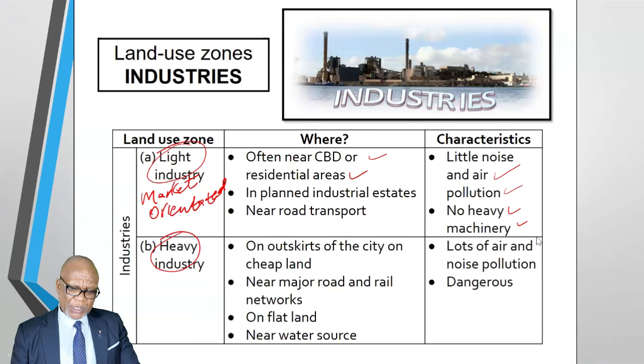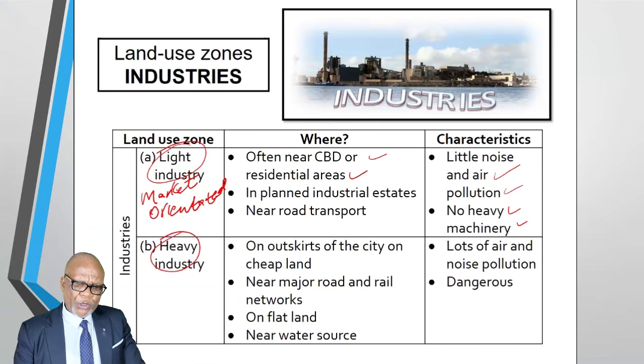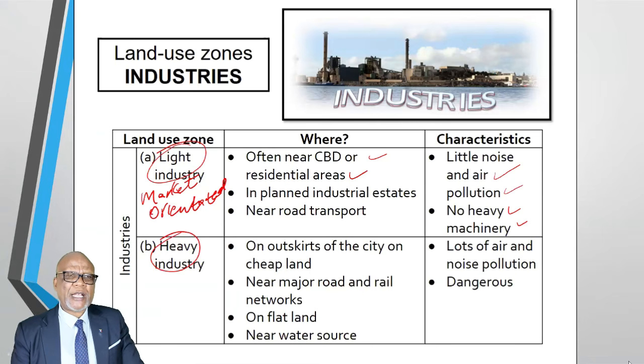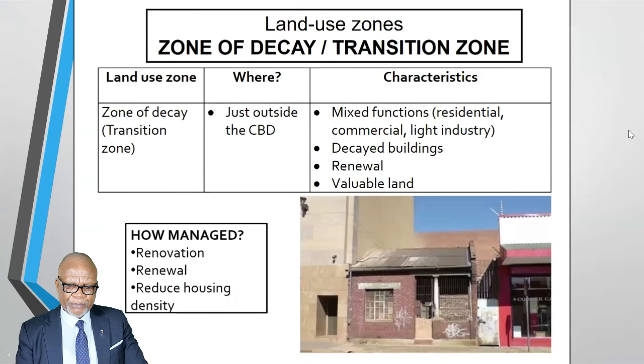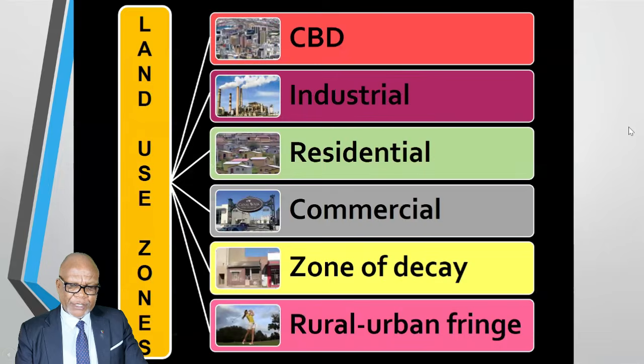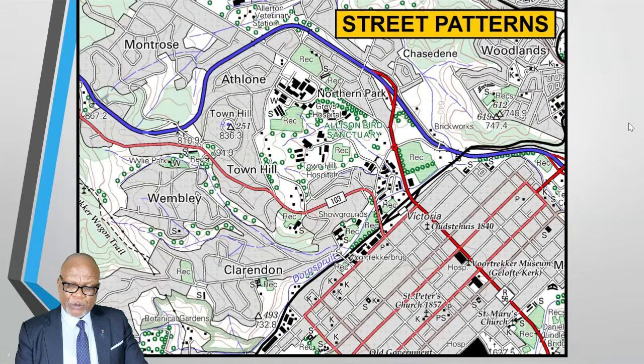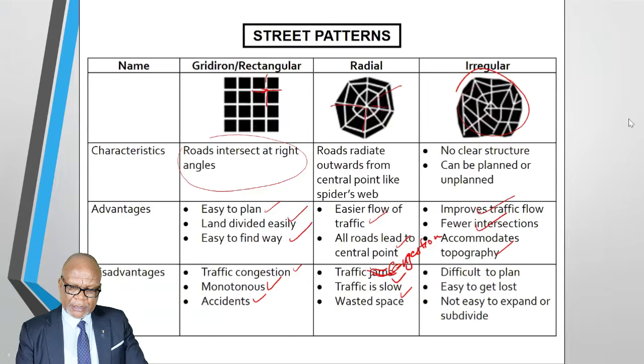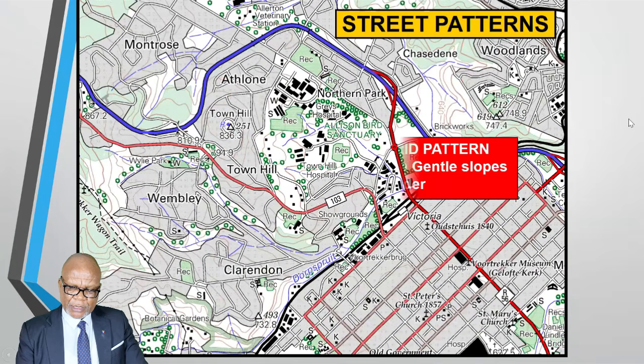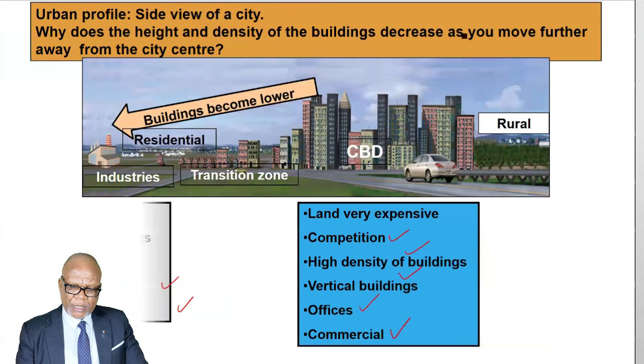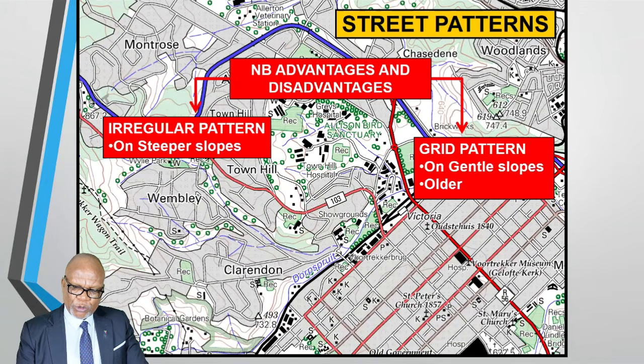Heavy industries are usually found on the outskirts. Actually, their location must always be on the outskirts. These outskirts are a place that we call the rural urban fringe. So if you are to build a heavy industry, you will build it away from where people live. So this will be the ideal place to build